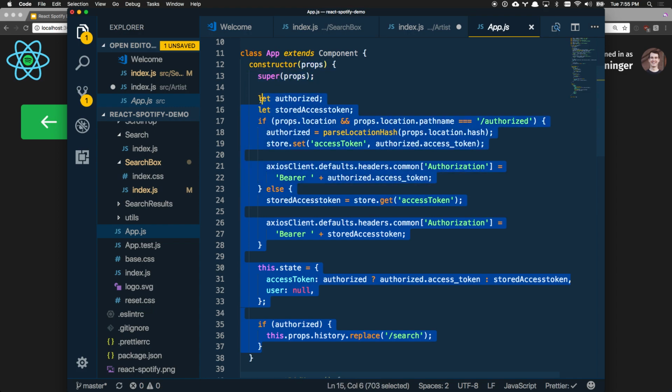So this is where the magic is happening for handling that entire authorization of the Spotify Web API. You can see here that we start with two variables, authorized and a stored access token. And then I have this if statement. We're going to take a look at the browser's location, and we're going to check the path name. And if it's /authorized, that means that we're coming back from the Spotify Web API implicit grant flow. So we're going to go ahead and parse that location hash, which is just a little